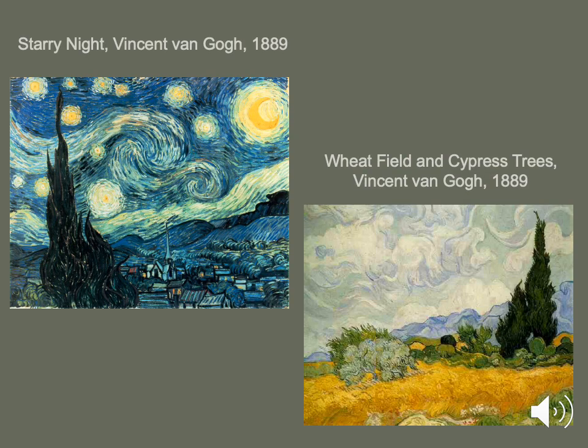These are two works by him, called Starry Night, and then we have another one called Wheat Field and Cypress Trees. These works have very different subject matters. In one, we have a night scene where we also have a city represented, and in the other, we have a wheat field out in the country during the day. But when we look at these two, we can see some characteristics that are reoccurring, coherent, and that stay the same from one to the other.